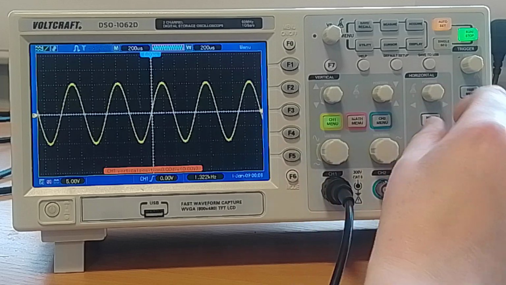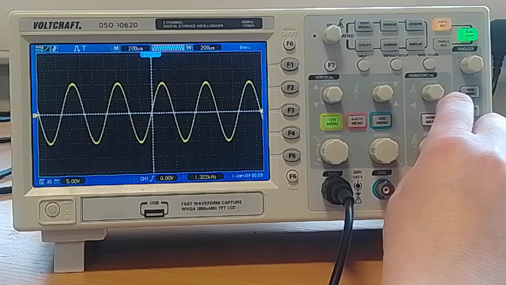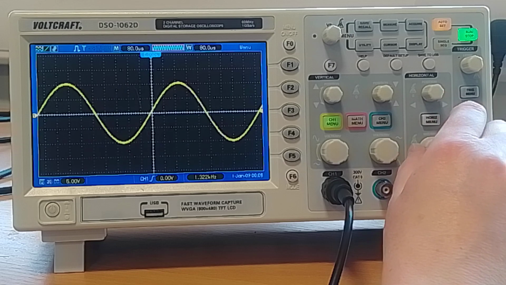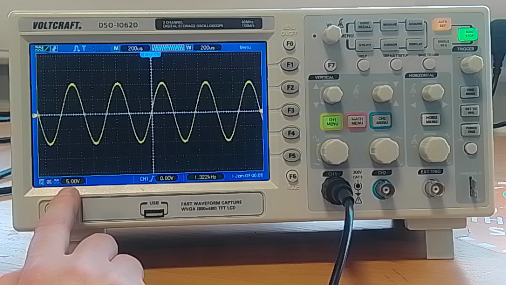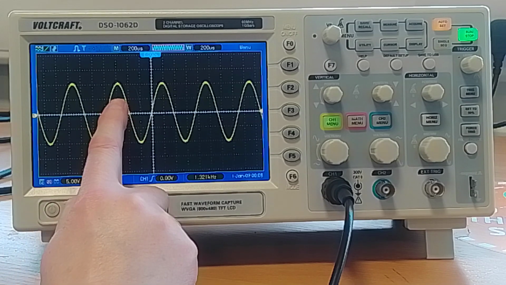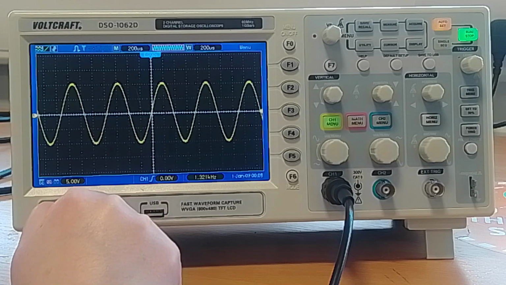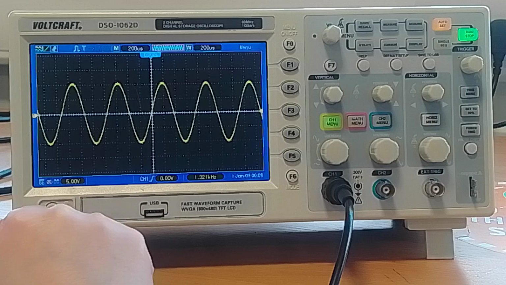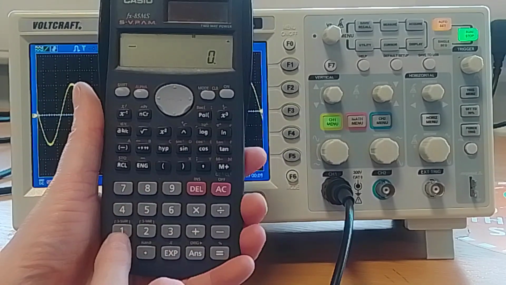Signal's quite big. And again, you can adjust this way as well. We're only looking at that kind of vertical, not the horizontal just now. So this one's 5 volts a division. So in terms of peak, it'd be 5 up to here, 10, so that's 10 volts peak, 20 volts peak to peak. And again, if you wanted to find out the RMS, you would take the peak value of 10